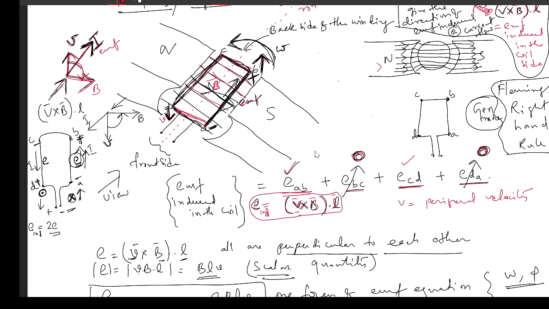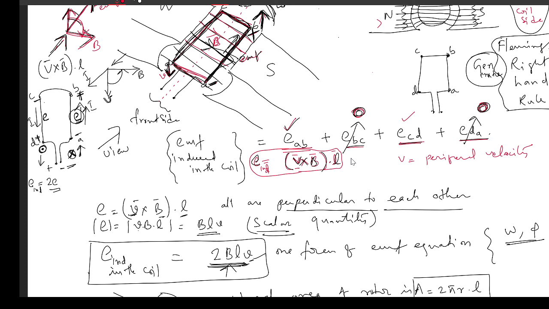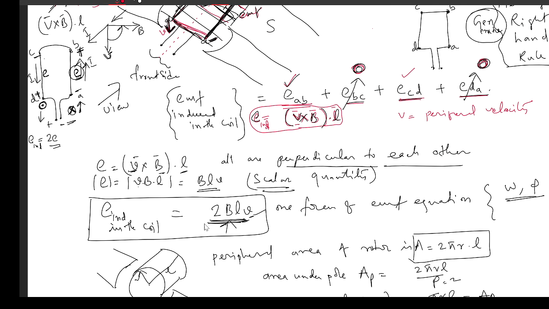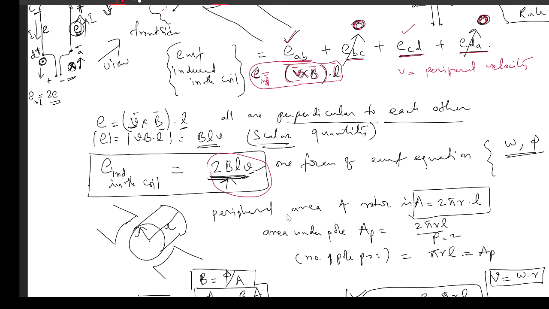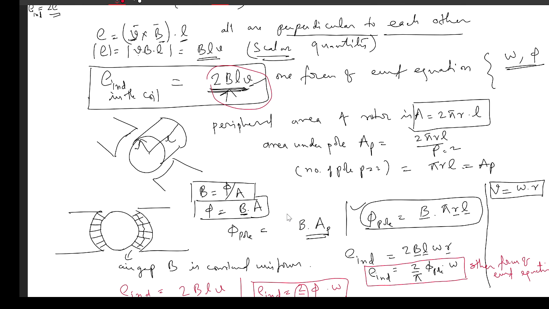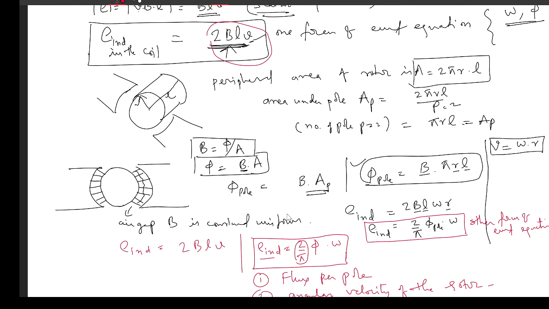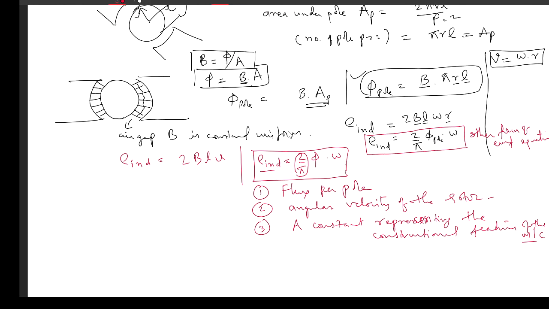If we add the EMF in these 2 coil sides, we get 2 BLV. This form of representation is not convenient and useful for our analysis, so we convert into flux per pole and angular velocity by these simple equations. So tell me